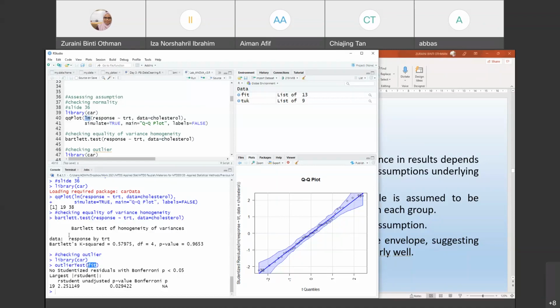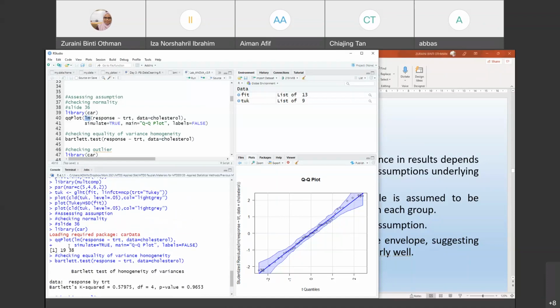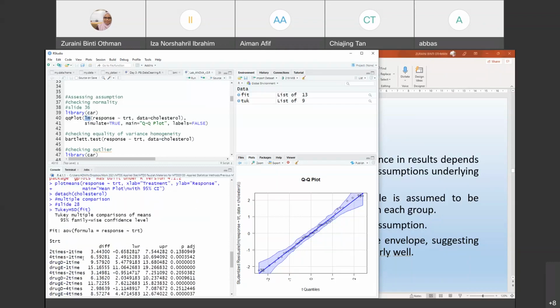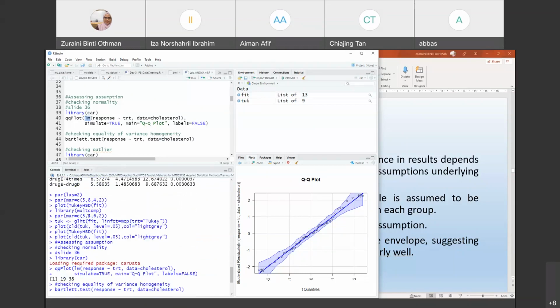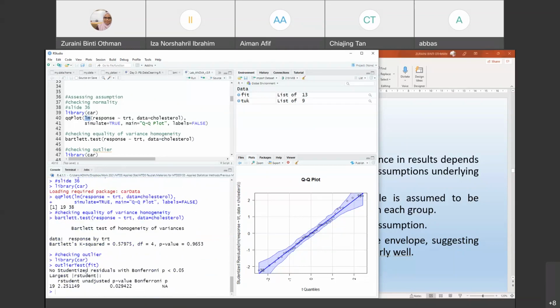Fit is what we used just now, where we found the ANOVA of the response on trt, where the response is the dependent variable and trt is the independent variable, and we called it fit. Now we want to know whether this fit has outliers or not. We run the outlier test for fit and we find that there is no